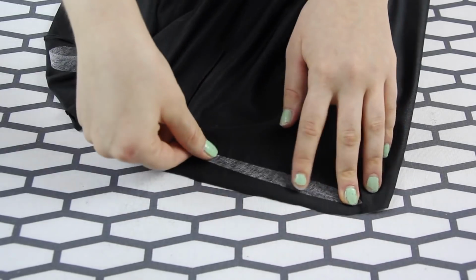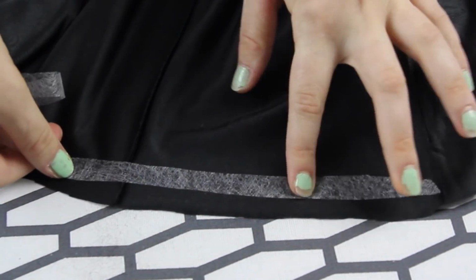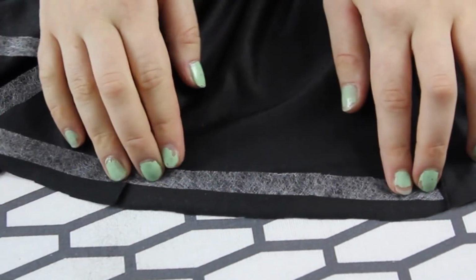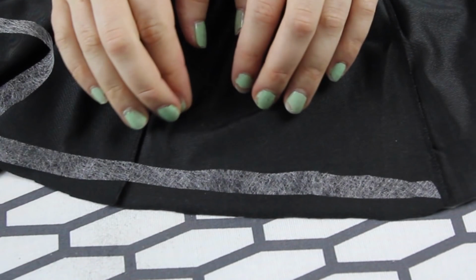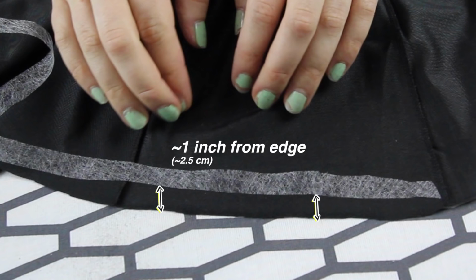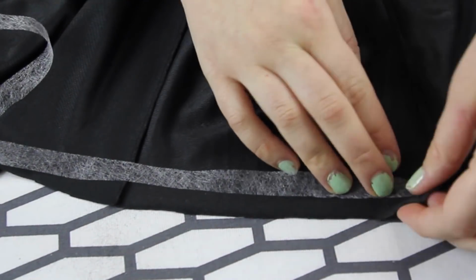This stuff is pretty easy to use. Basically, what I did was to lay a strip of the hemming tape down on top of my garment where I wanted to hem the top. So I laid it down on the inside of the top, at the bottom raw edge where I cut it with the scissors just before, and I placed it about 1 inch from the raw edge, or like the tape's own width away from the edge, and then I folded the fabric up over it,